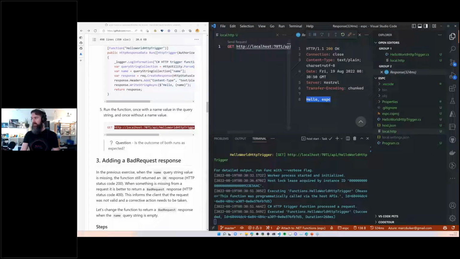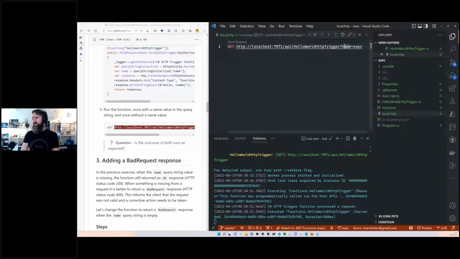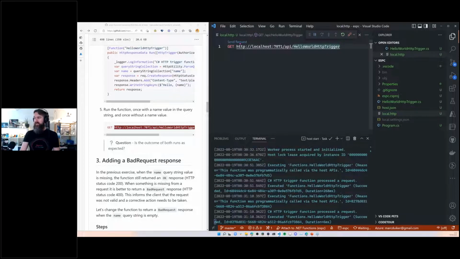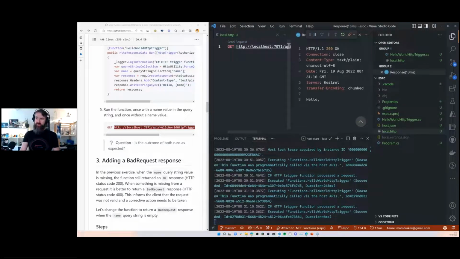All right, it's great. But let's do something else and actually not provide this name string at all, and let's send a request then. So now it's a bit weird because we still get back a 200 OK, but we didn't get a response back with the name, right? Because we didn't provide the name. But the function says, oh, I'm all fine, I'm all okay. So this is not a good practice, right? Because if you miss some input, you should really make sure that you give that feedback to whoever is calling